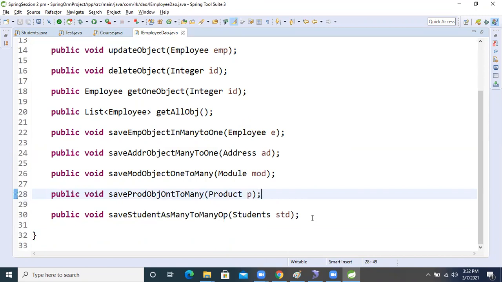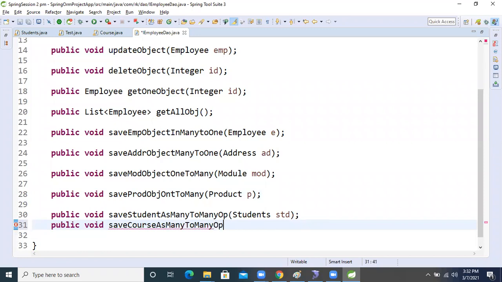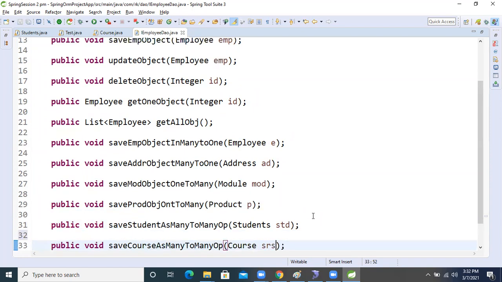Now we will take one more method: public void save course, course as many to many, many op operation, right? Inside that we take course crs.